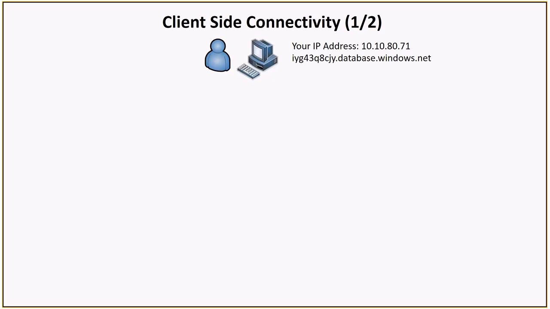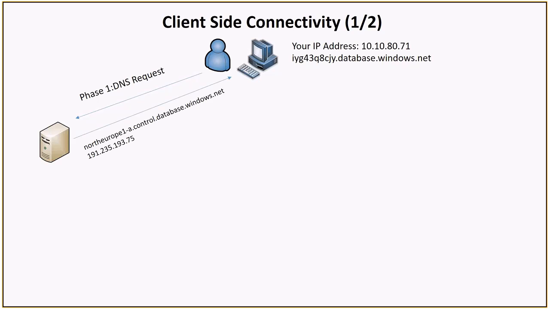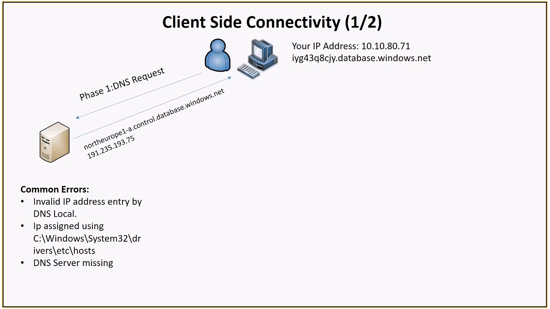I'm going to explain a little bit about client-side connectivity. We will assume that our customer wants to connect to Azure SQL Server. As we all know, there are three phases when connecting to Azure SQL Server. The IP of our customer will go through them. First phase is the DNS request, and the reply will be the IP address for the data center that the customer is trying to connect to. If this phase is done successfully, we go to phase 2. But if it's not